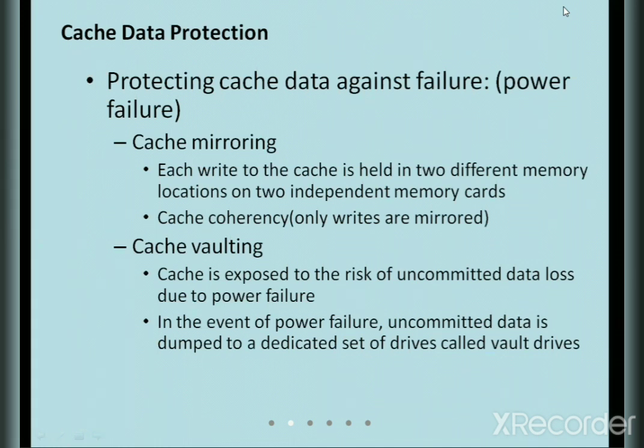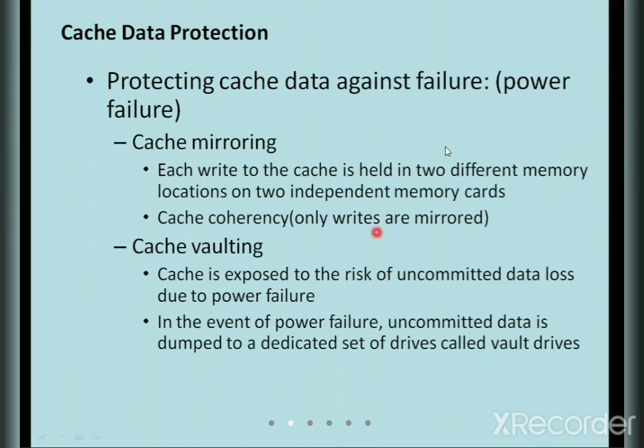In cache mirroring, they write the data into two independent memory cards, right? So whenever you write the content, it is copied exactly into another memory location. In cache vaulting, they make sure that whenever there is a power failure, the data will automatically be recovered. There is an automatic storage or auto save mode,